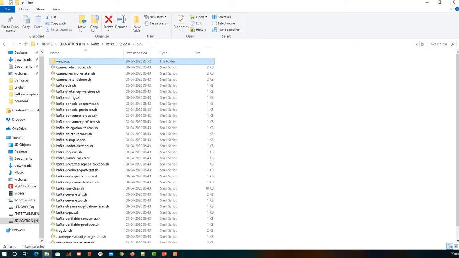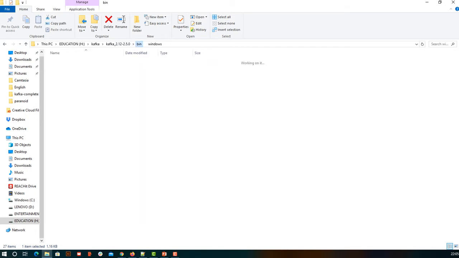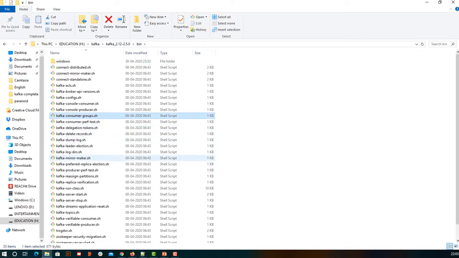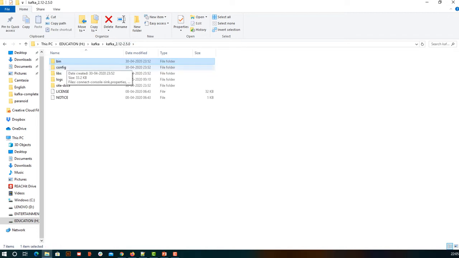So let me start. I am going to need this Zookeeper server start script for starting Zookeeper. For any of the batch files, one thing: if you are on a non-Windows system you can use the shell script files, but if you are on Windows you need to use the batch files. For starting Zookeeper, I will simply execute this. But what are the configurations of Zookeeper? By default, you can find the configuration in the config folder.